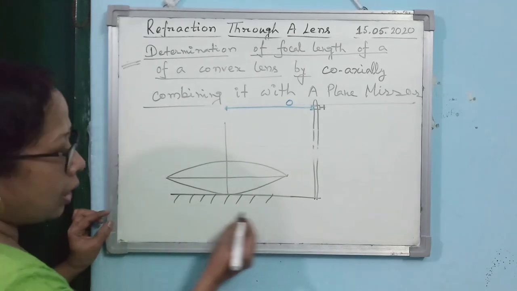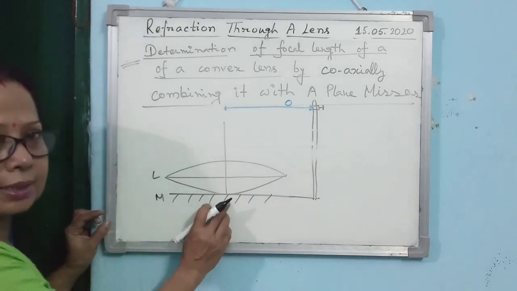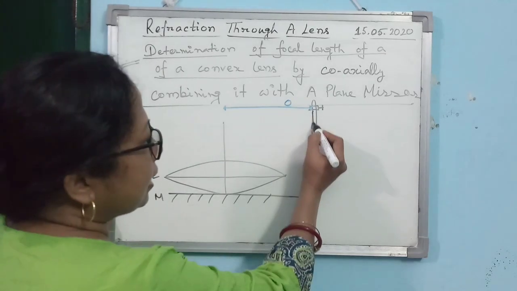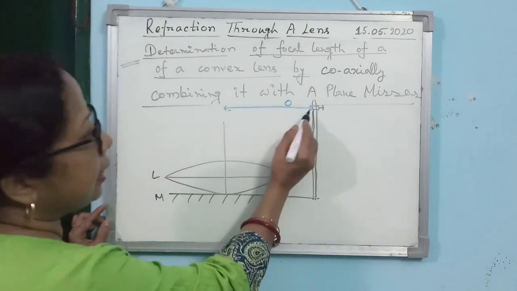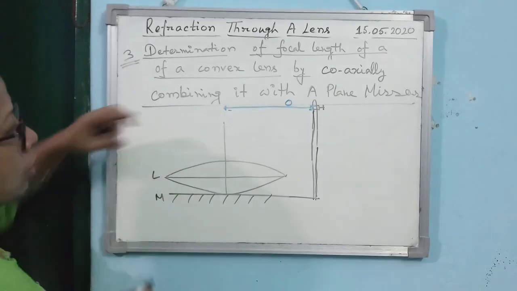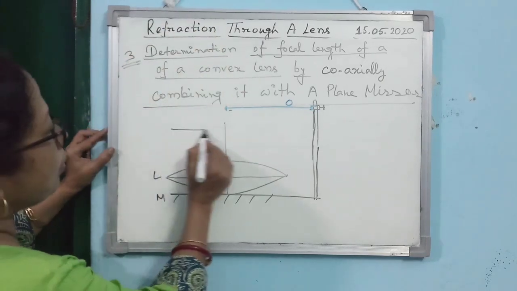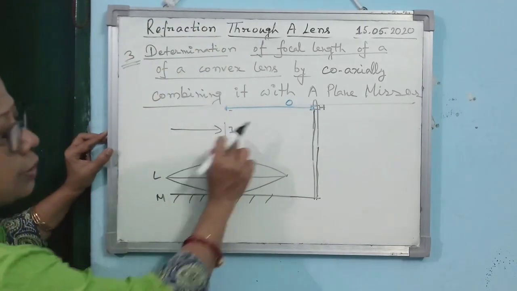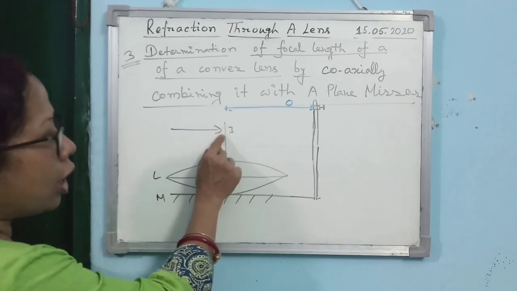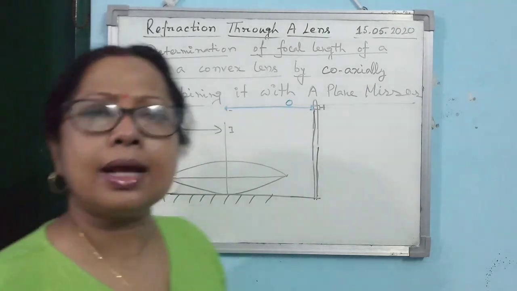This is the mirror, alright, and in this case you see the lens, you have to keep it on the mirror itself. So you see it is touching the mirror. Now with the stand and clamp, you have kept the needle just above the lens. If you look from this side, then what will you observe? You will get an image of this object. First, the image may not be at the same level as the object, as we got in the earlier case.